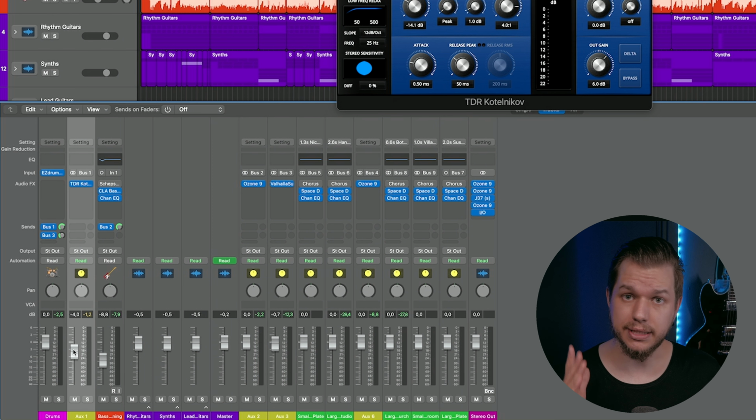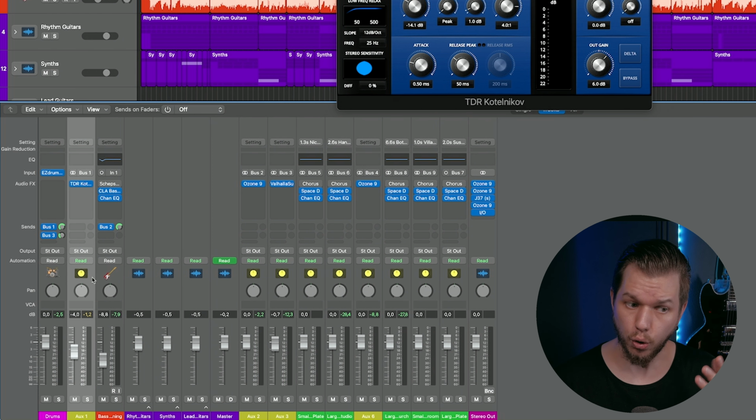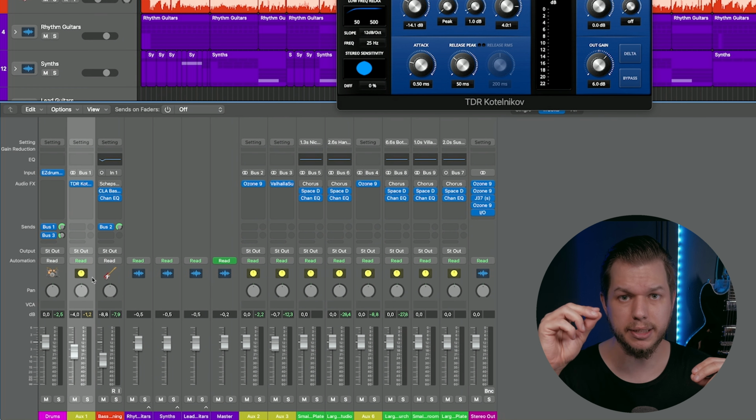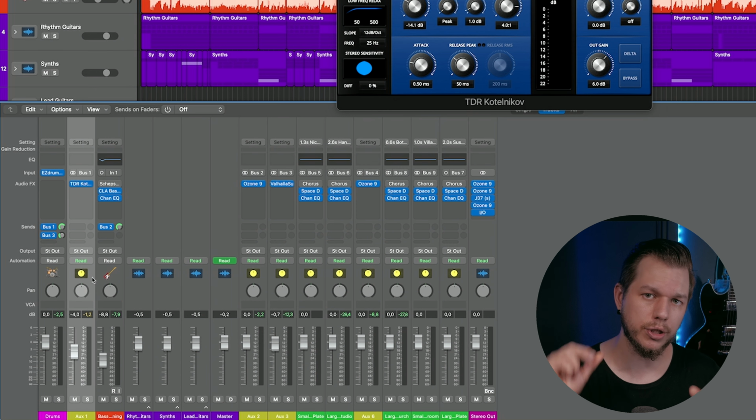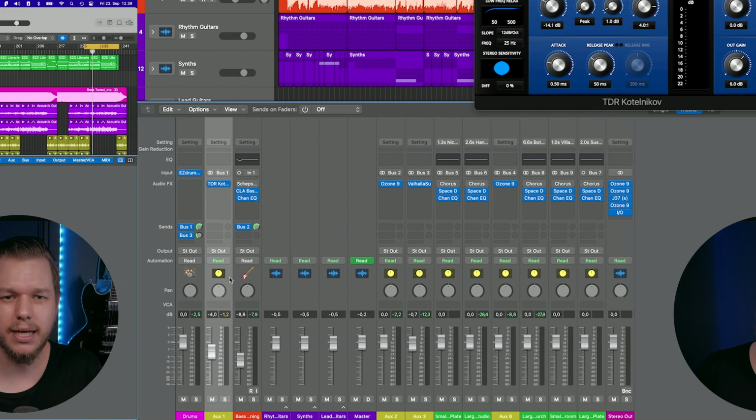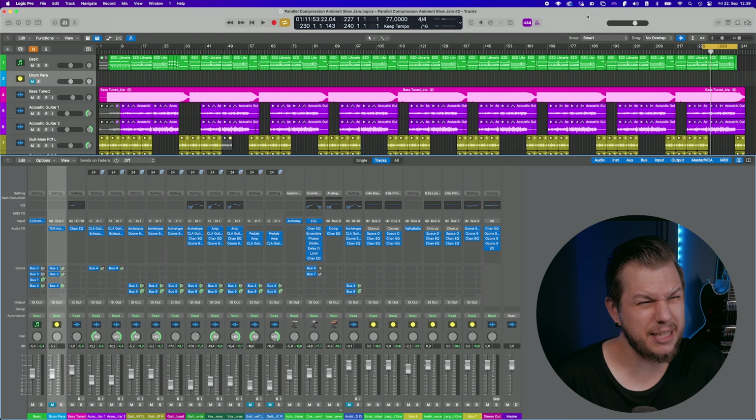And because we do it this way, it allows us, for example, to automate the 2 drum levels and maybe go a little bit less drive and compression for the verses and then crank it up for the choruses, things like that.